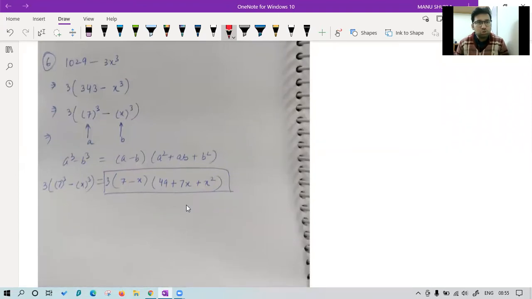Okay, this one is also a similar question, but you will not get it directly because we cannot say this is something like root 3x cube. We cannot say. So we have to think, can we take 3 common of this? Yes, we can take, and then it becomes a simple question of that type.